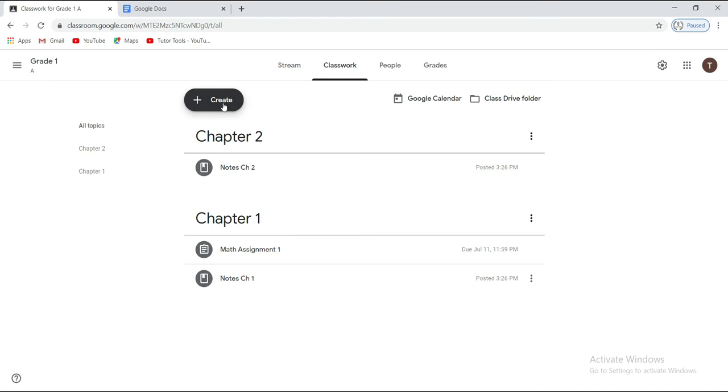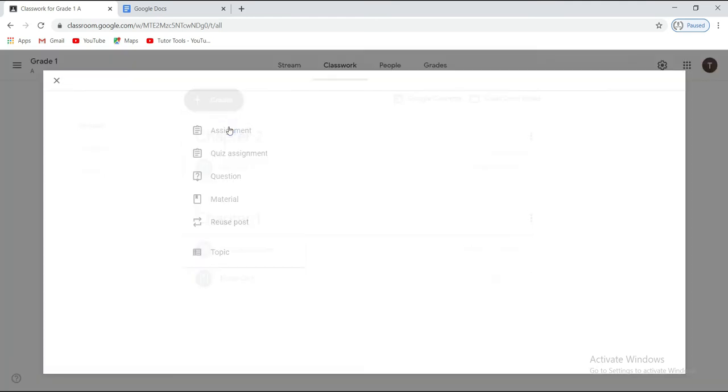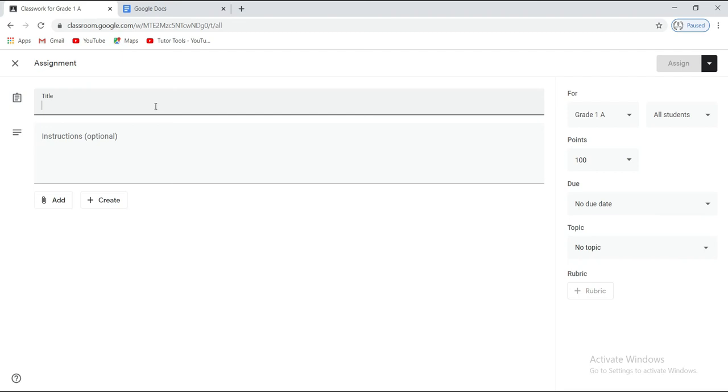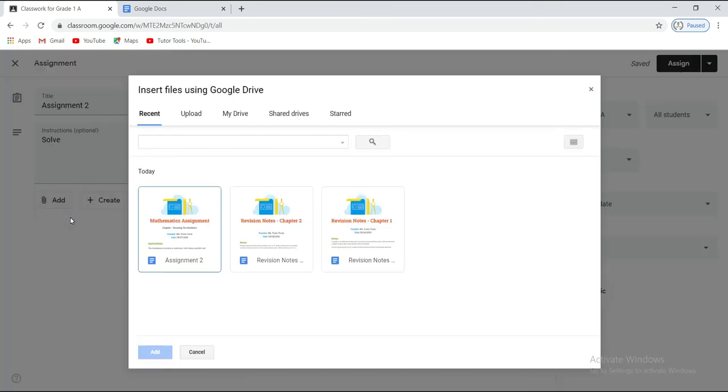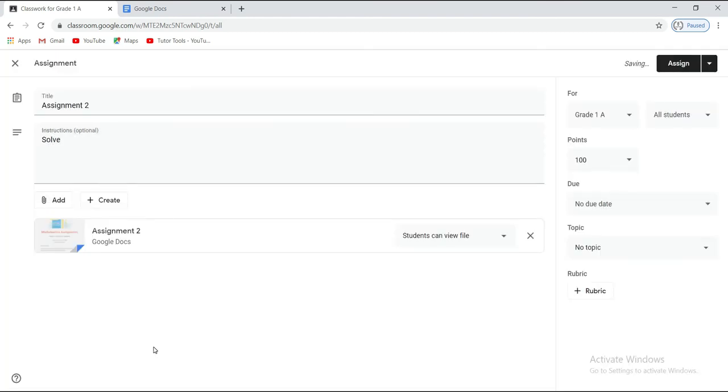Now let's learn scheduling. Scheduling is very similar to what we have done in Stream. One thing that you should remember while scheduling is the Google processor takes some time to post the assignment that is scheduled. In case you want your assignment to appear sharp at time, you should schedule it for 5 minutes prior. Since we are scheduling, we'll select just one class.